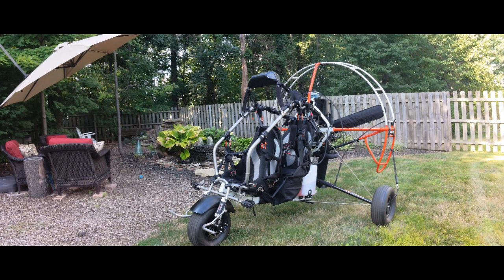The starter, now this comes in a couple different modes. I bought mine with, it's called dual, so it has dual start. And so you can do either an electric start or the pull start. It also has dual spark, so it has two spark plugs. And I'll talk about more of that in a little bit. The transmission is an oil lubricated spur gear system with a centrifugal clutch, and that's about it. So let's do a walk around here real quick,